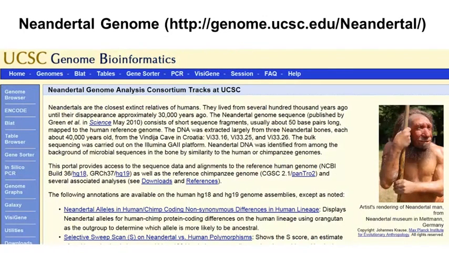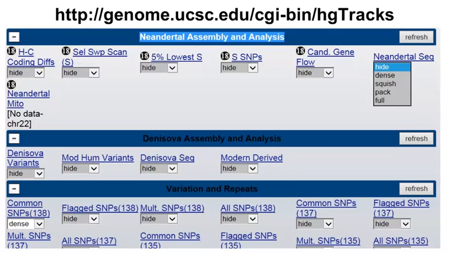Another resource available from the UCSC Genome Bioinformatics group is the Neanderthal genome. The Neanderthals are the closest extinct relatives of human. They lived from several 100,000 years ago until their disappearance approximately 30,000 years ago. The DNA was extracted from 3 Neanderthal bones discovered in a cave in Croatia. The Neanderthal genome sequence provides important data for studying human evolution. The data can be accessed